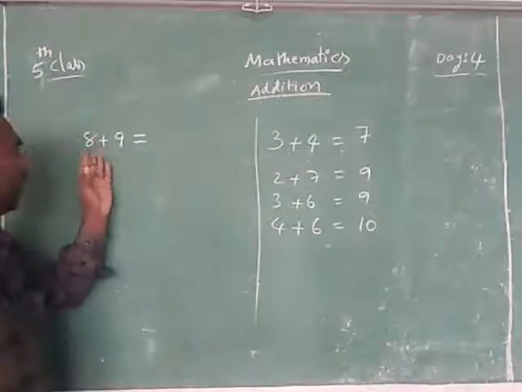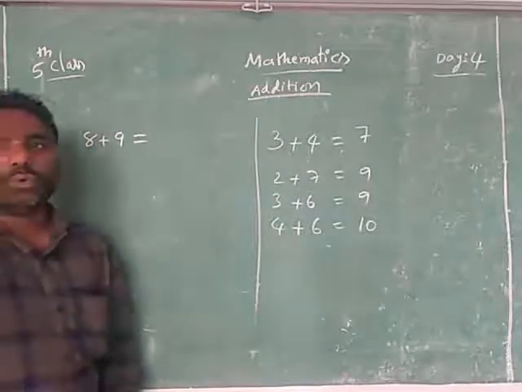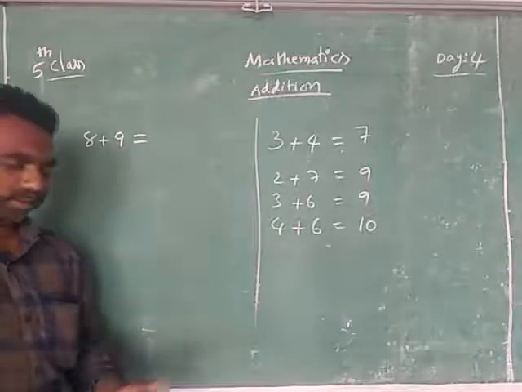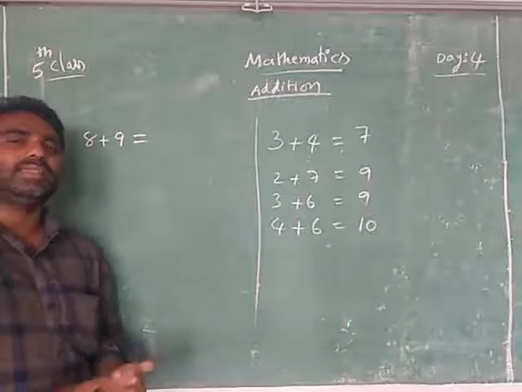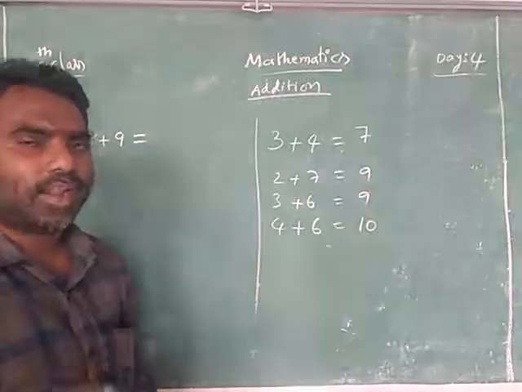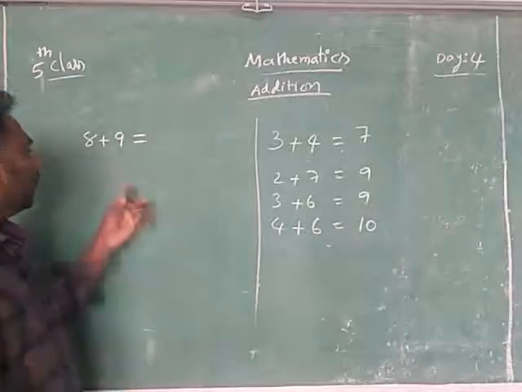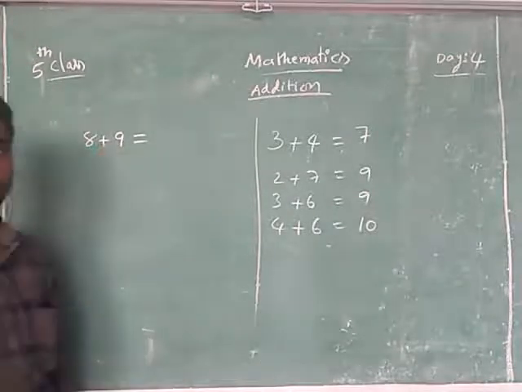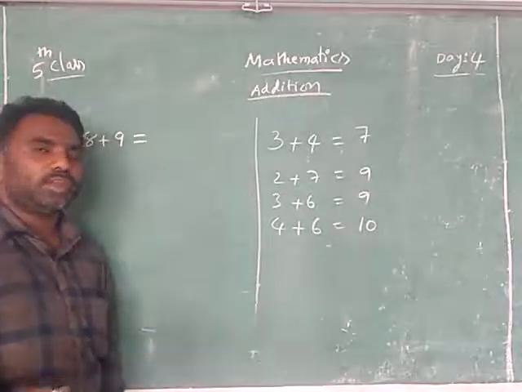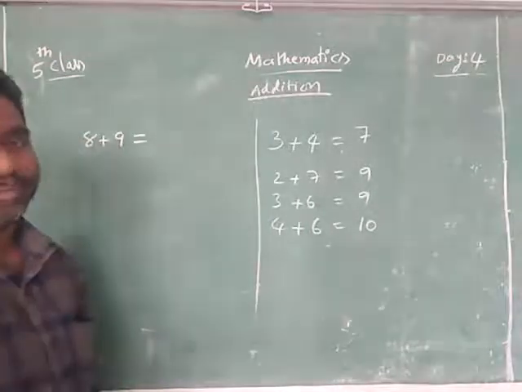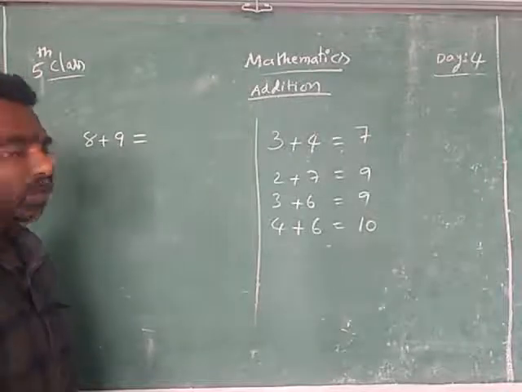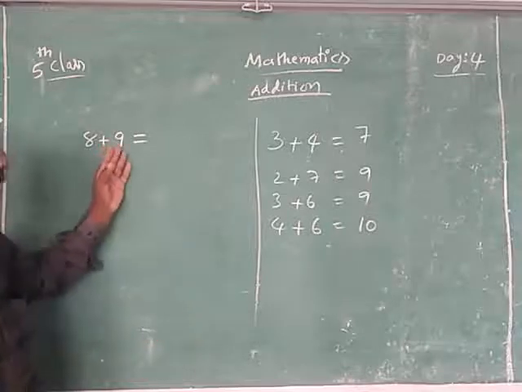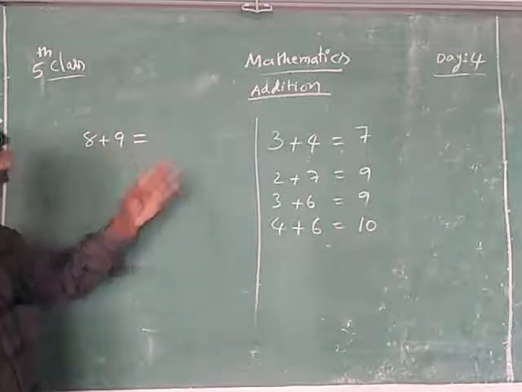How? There is 8 and 9. We need to make one number a round figure. Round figure means 10, 20, 30, 40. These are called round figures. So you see here, you can make any number a round figure. 8 you can make round, or 9 you can make a round figure. Which round figure will you make? The 9 you can make 10. How do you make 10? 9 cannot become 10 easily. What is needed for it? 1 is needed to make that 9 into 10.